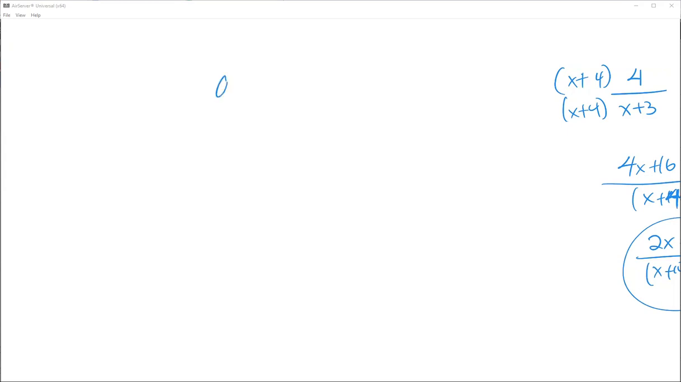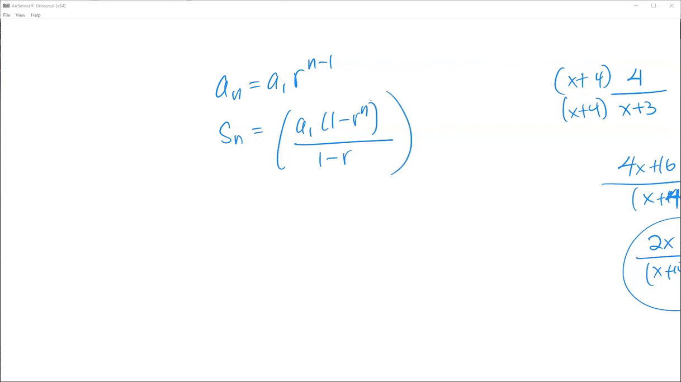a sub n is equal to a sub 1 r to the n minus 1. The sum of a geometric sequence is a sub 1 times 1 minus r to the nth power, all over 1 minus r. So we have our first term is 2. a sub 1 is 2. The ratio is 4. So the formula here is a sub n is equal to